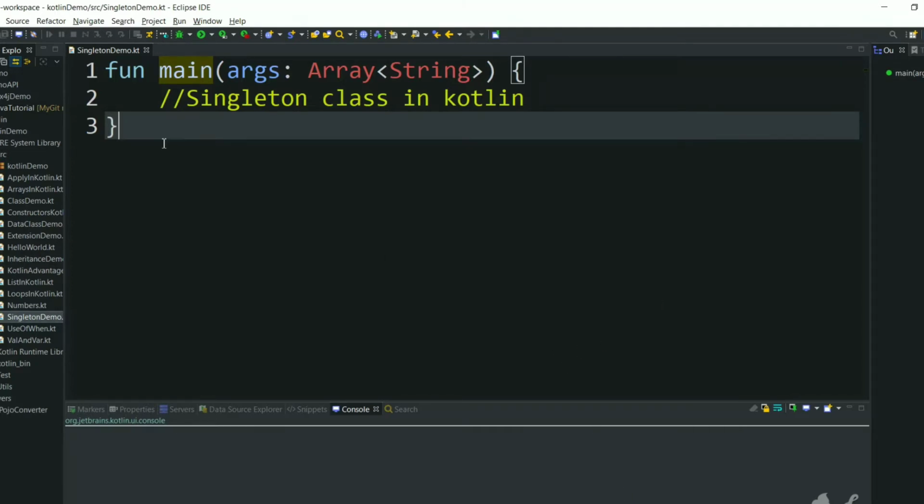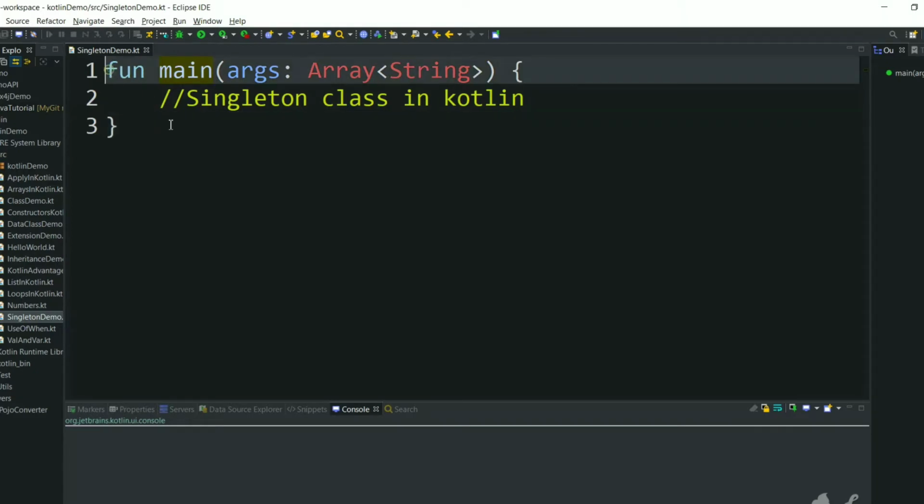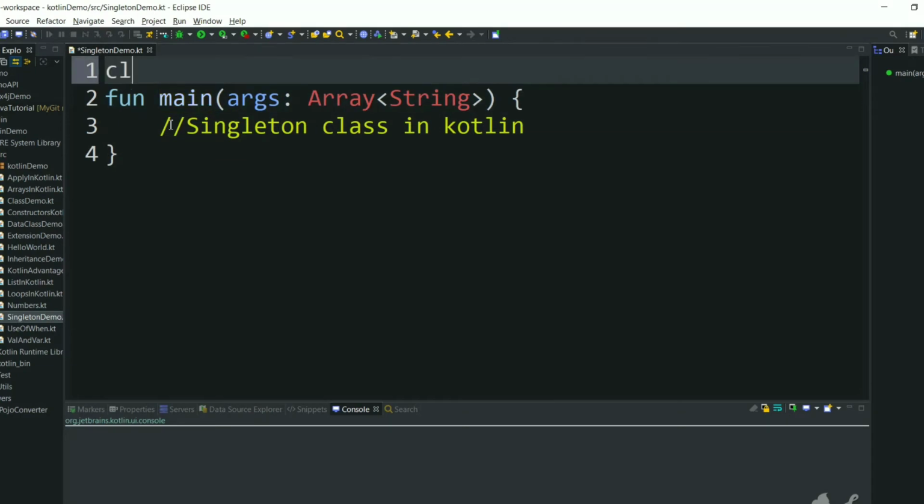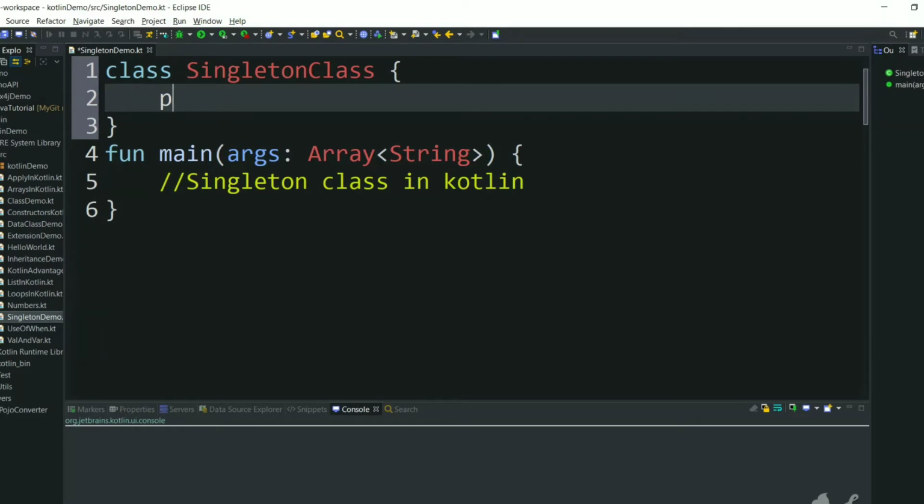First, let's create a normal, simple class, and we will make that class a singleton class in Kotlin. We are naming the class SingletonClass, and we will create one member variable, private var value, initialized to 10.